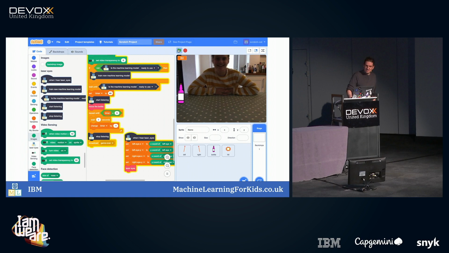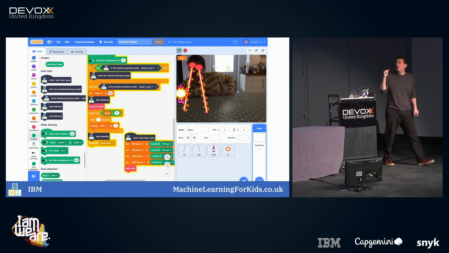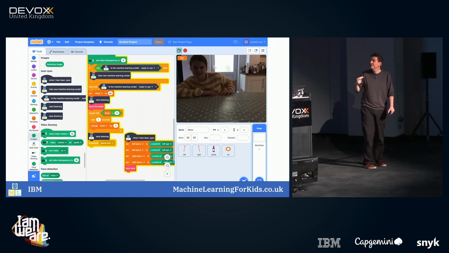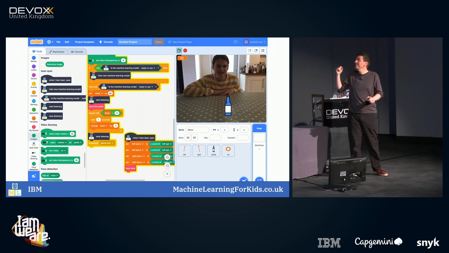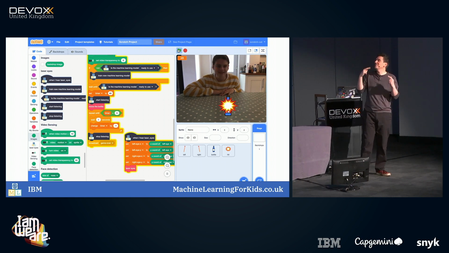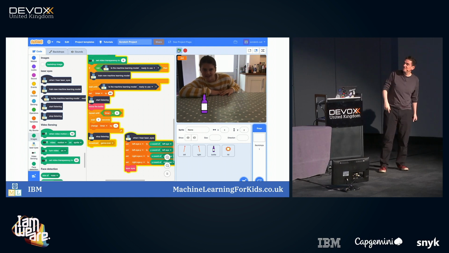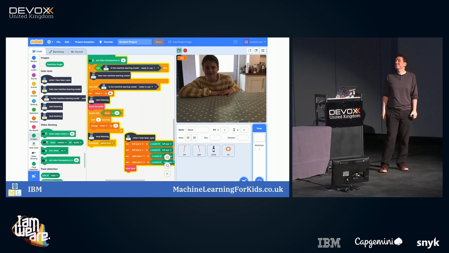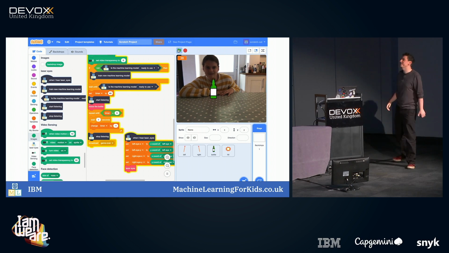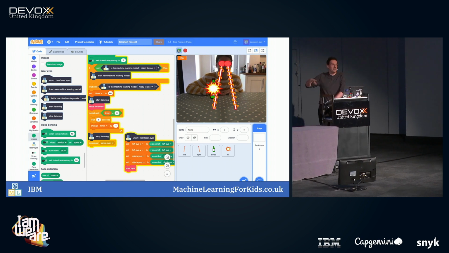This one, I've just realized I forgot to plug sound in, so you won't be able to hear this, but this one is using a combination of the face mesh to see where your eyes are, and recognizing when she shouts out laser eyes, it finds where her eyes are, and then does laser eyes. So she has to shoot the bottles by moving her face to the right place and then shouting out laser eyes.